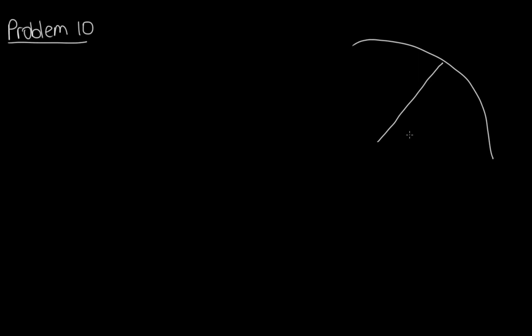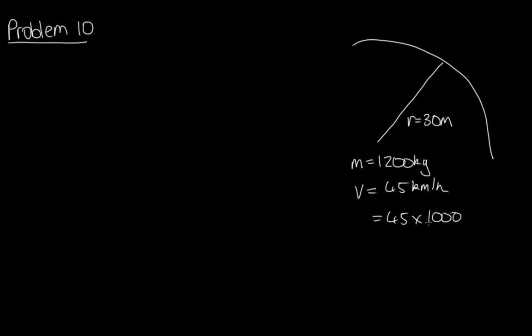Now, problem 10. In this problem, we're told that a car follows a road with a radius of curvature of 30 meters. So it's going around some curved road like this, and this has a radius equal to 30 meters. The car has a mass of 1,200 kilograms and is traveling with a speed of 45 kilometers per hour, which is equal to 45 times 1,000 over 60 times 60, which is equal to